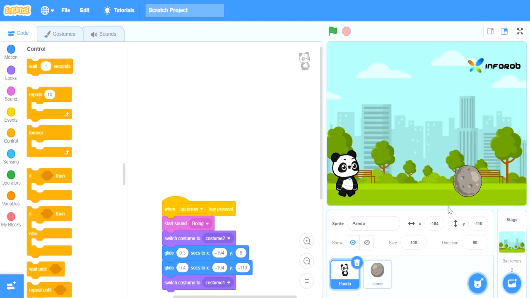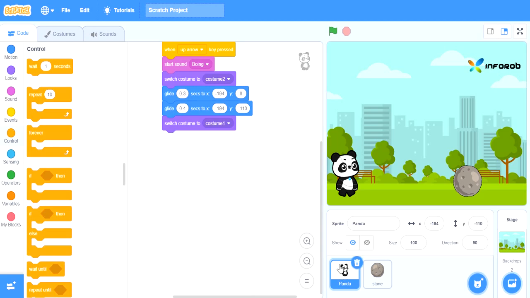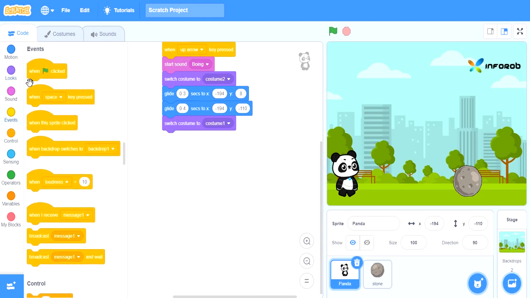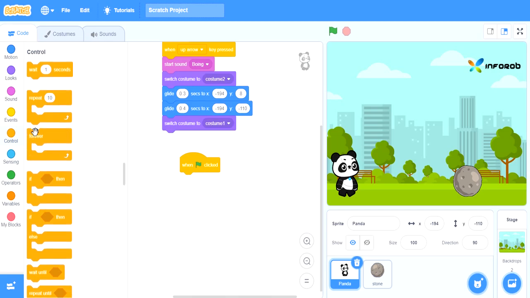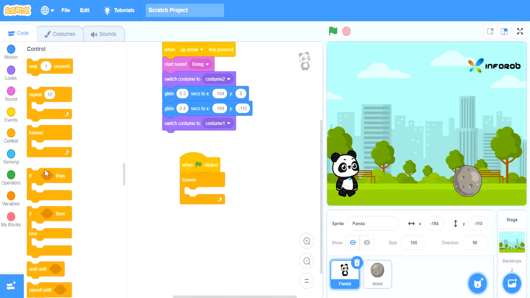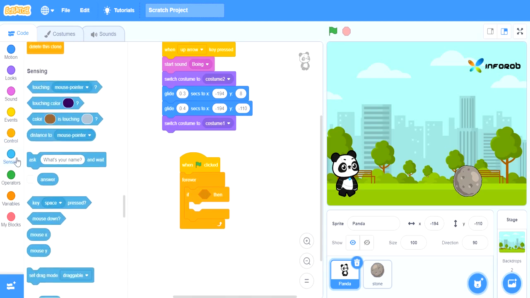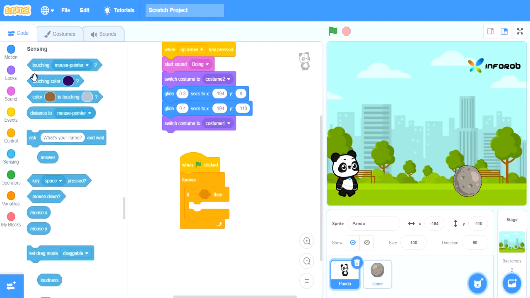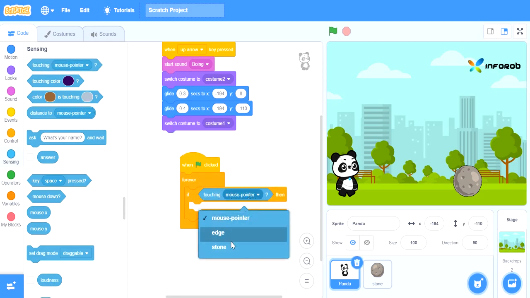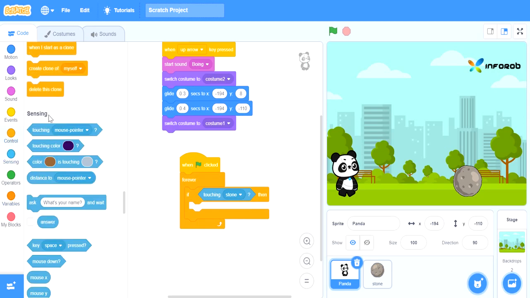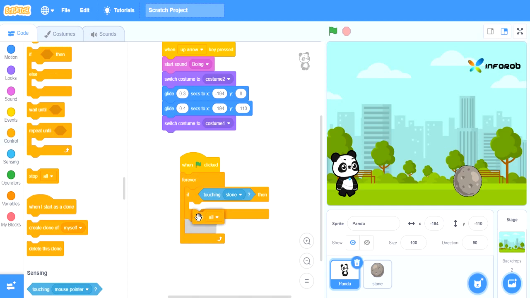One is jump and ball is moving, but when the ball is touching the Panda, we want to stop the program. So in the Panda section, again take an event block, take the control block forever, and take a conditional statement inside the forever block to check the condition. So for checking the condition, we are going to use the sense block touching stone. If Panda touches the stone, then go to control section and stop all. Okay,